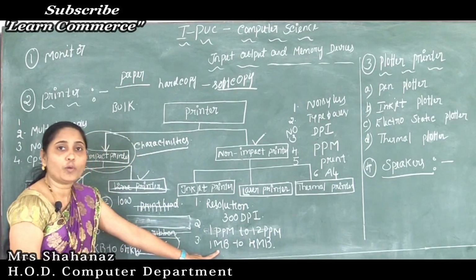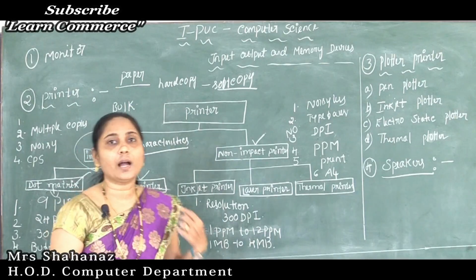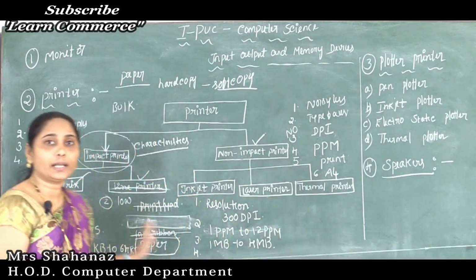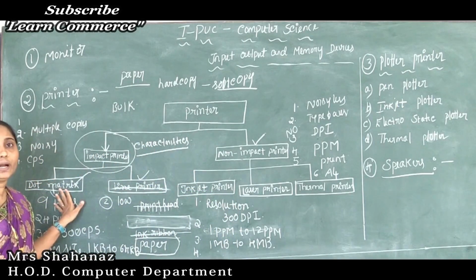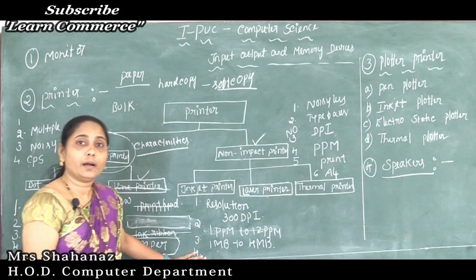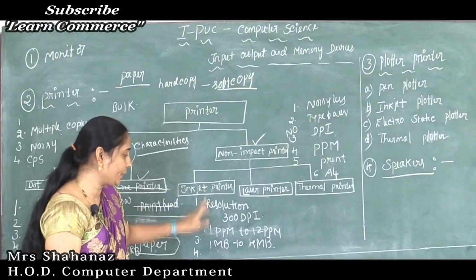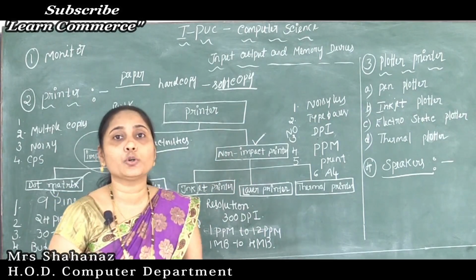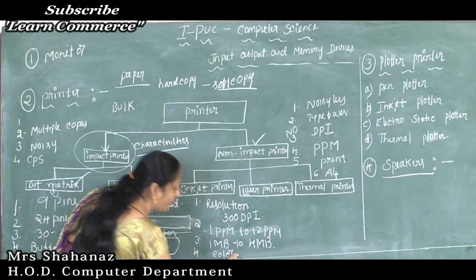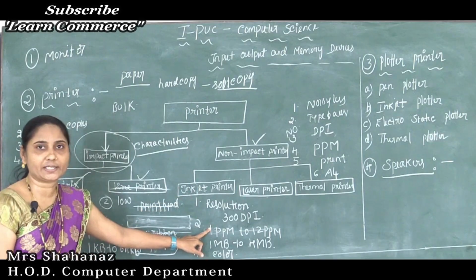The buffer size varies from 1 MB to 4 MB. And lastly, we can say that it can also produce color images. We can get color images, but by using a dot matrix printer we can't produce color images, correct? No. But in the case of the inkjet printer, that is our non-impact printer, the first type, it can be used to produce color images also. So these are some points about our inkjet printer characteristics. Clear this point here?